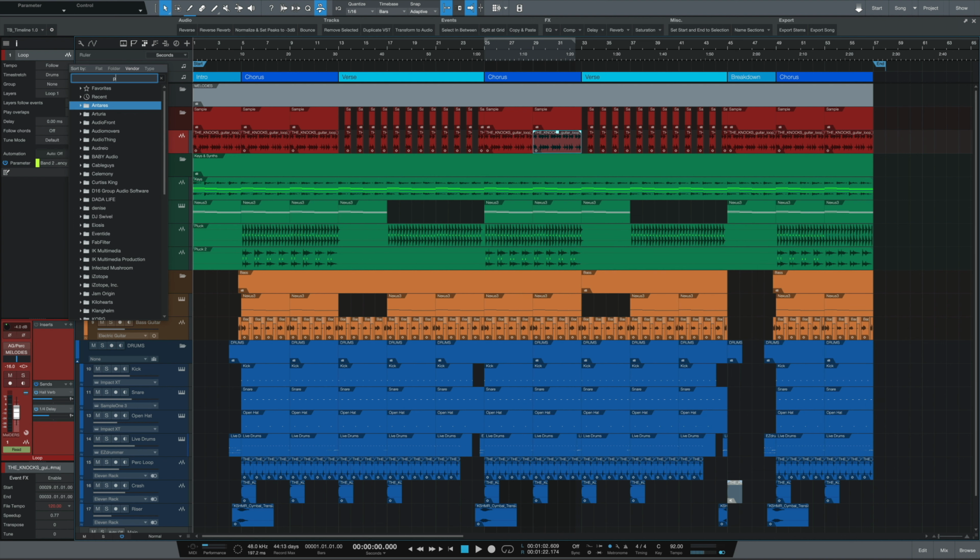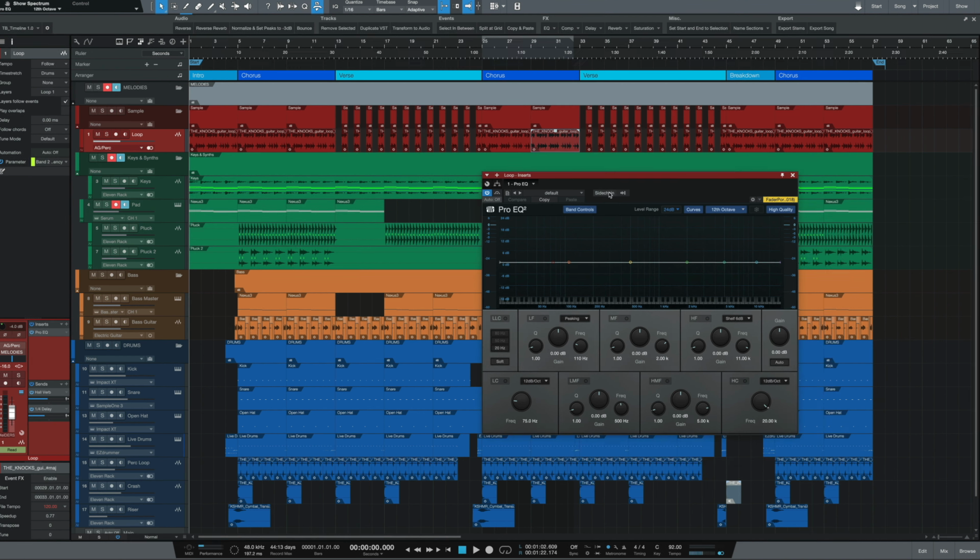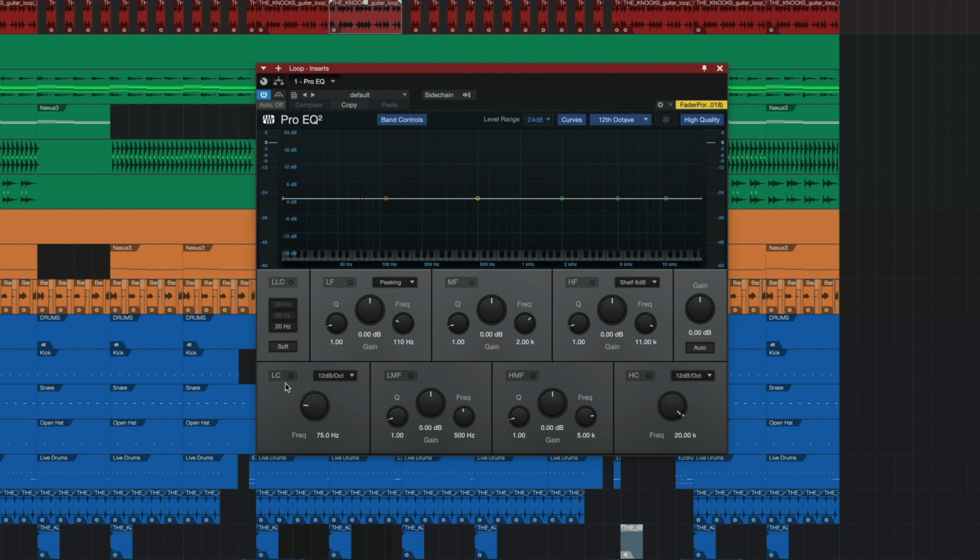For this specific scenario, I used a third-party EQ, but you can do this easily with any EQ. So let me go ahead and just replicate this by using the native EQ from Studio One called Pro EQ. Okay, so the first thing that I want to do in this case is to create a filter shape. So for me, that would be some sort of like bell curve. So let me go ahead and play it first.